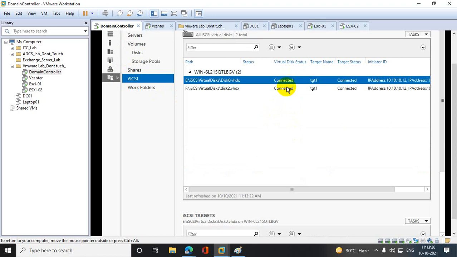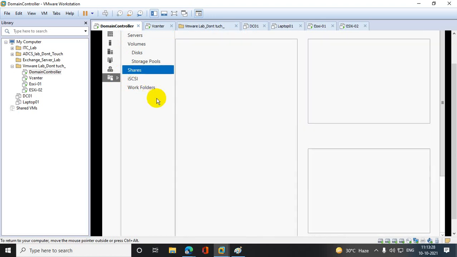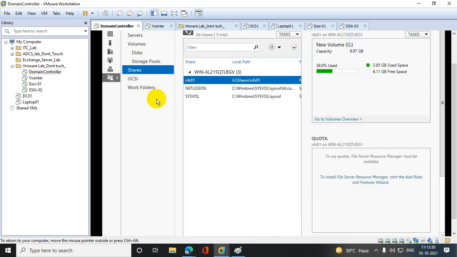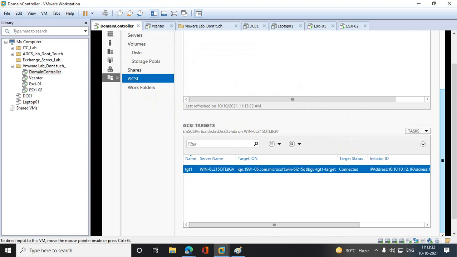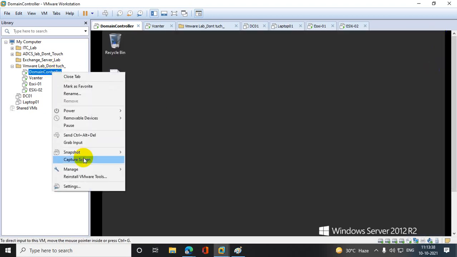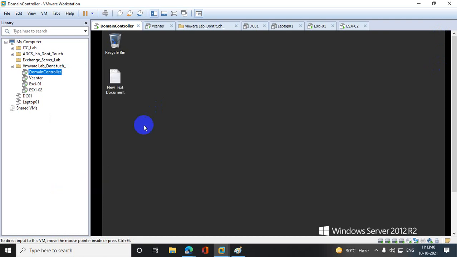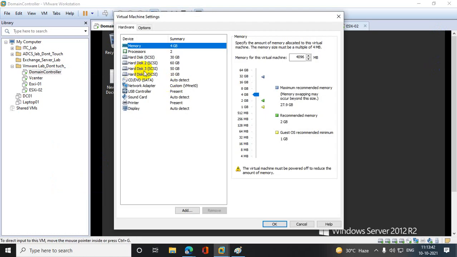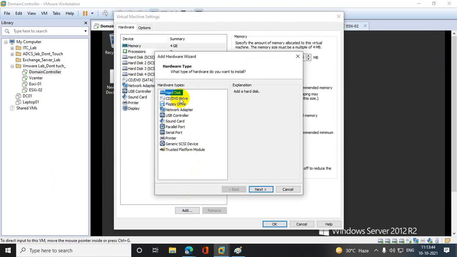So iSCSI, yeah. Create one disk again that I want to attach here. Let's say in settings I'll add 10 GBs.